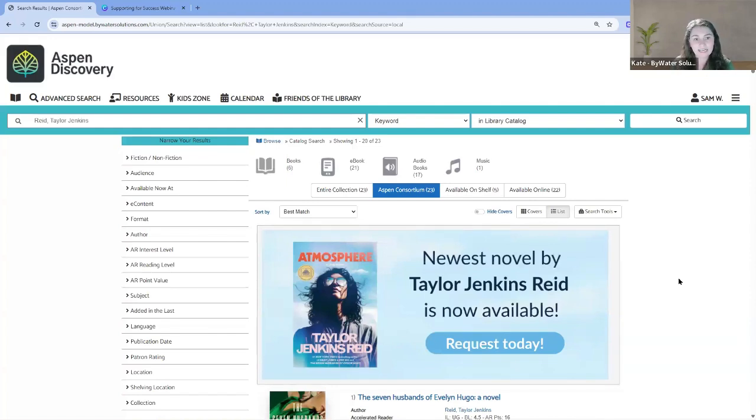So events, read-alikes, or any specific resources. In this case, we just got a huge delivery of the new Atmosphere books. So I really want to make sure that folks can request it today. So I will send them over to that particular title when they search for Taylor Jenkins Reid, but also different terms like read or atmosphere. And I will set it up only, let's say, to last for 1 week, because then I anticipate that book will be incredibly popular, and patrons most likely won't need to be prompted to